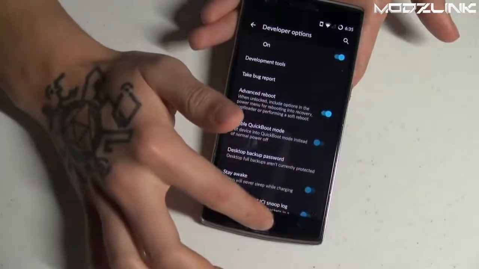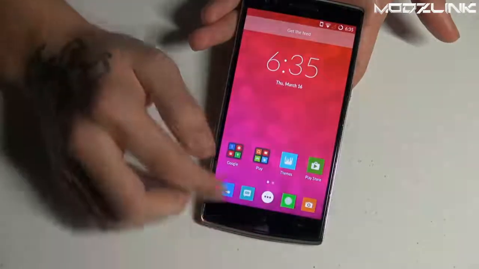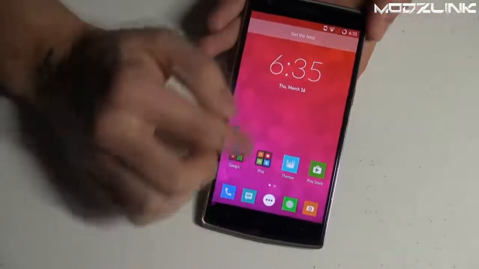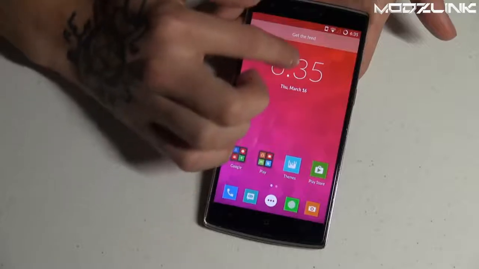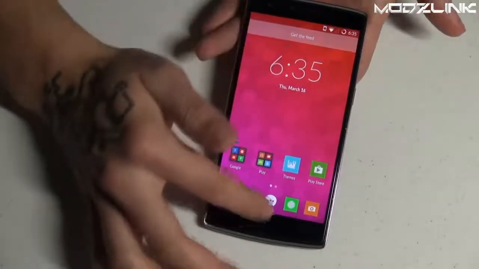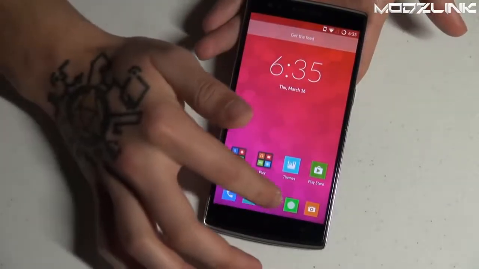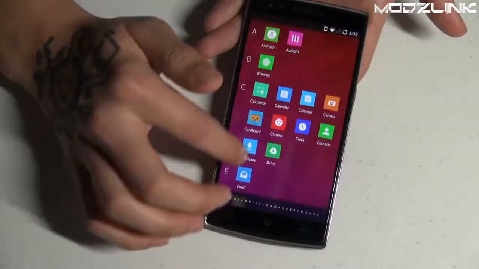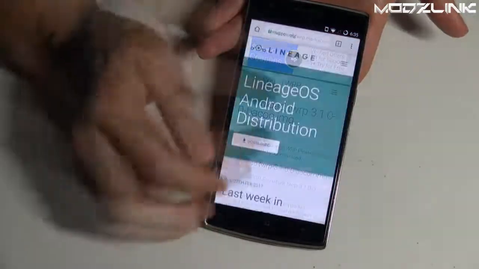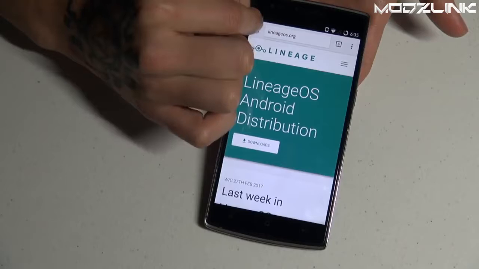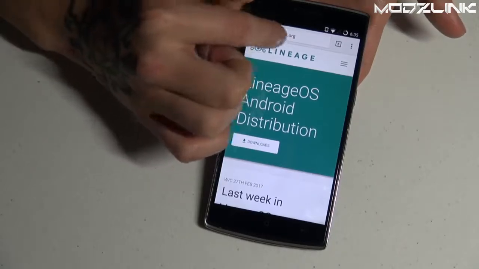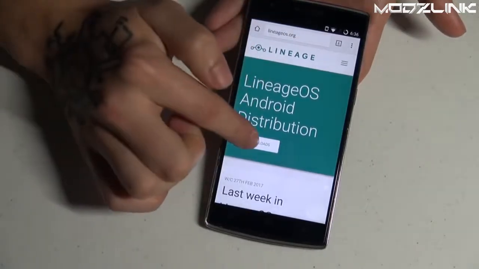Once you have done that, you can go back to the home screen, and at this point you're gonna have to download a couple of things. Luckily you don't need a computer or anything, you can do everything on the phone. So go over to your web browser, and the first thing you need to do is go over to lineageos.org and click on download here,